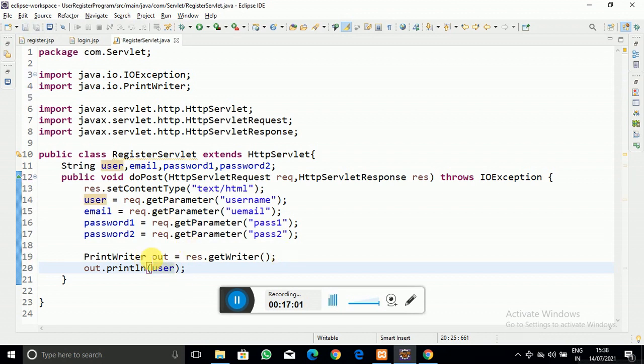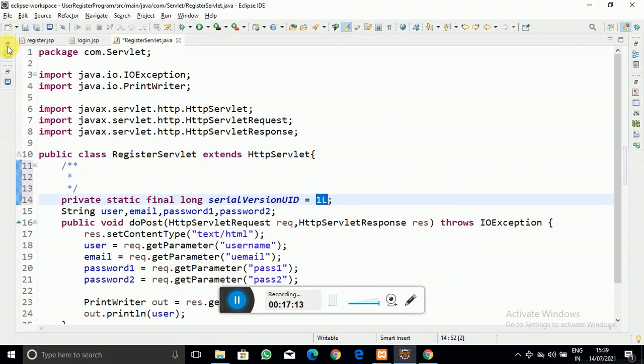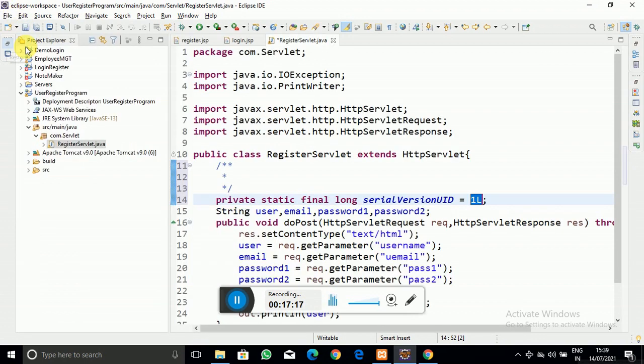Now our servlet is going to be completed, but it will not work. Why will it not work? It will not work because we have not registered this servlet yet, that is, in the web.xml deployment descriptor.